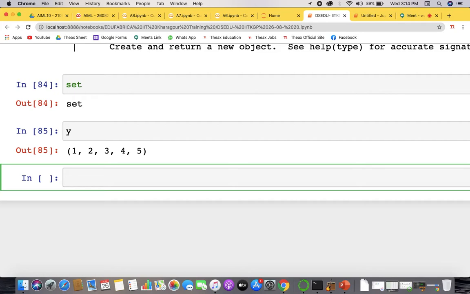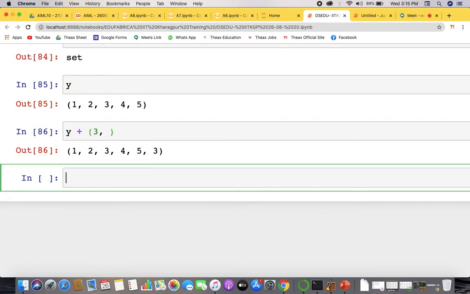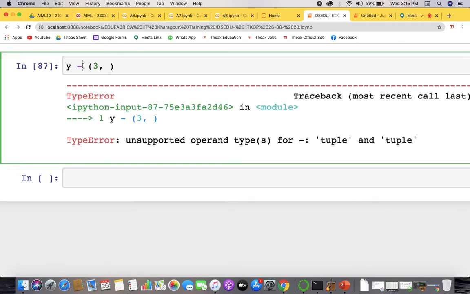Now, you cannot just delete something or edit something, but you can add something there, though not with functions. You can add one tuple with another tuple. So for making a tuple with one single element, you can just write the element and then give a comma, and that could be done. So 1, 2, 3, 4, 5, and then 3. Everything would be like an append, in the last you will be getting it, and that's the only operation you can do there. If you say minus of this, you get an unsupported type, right?